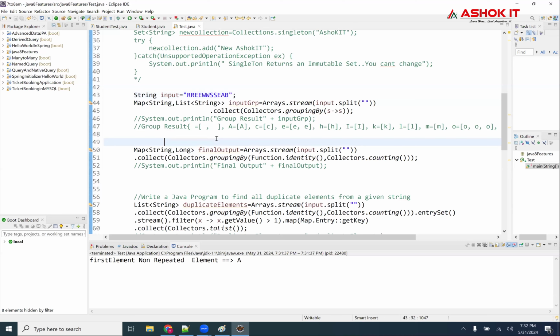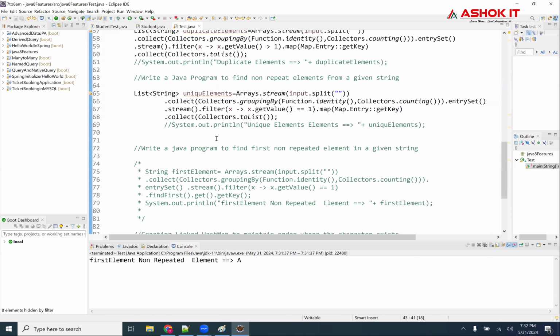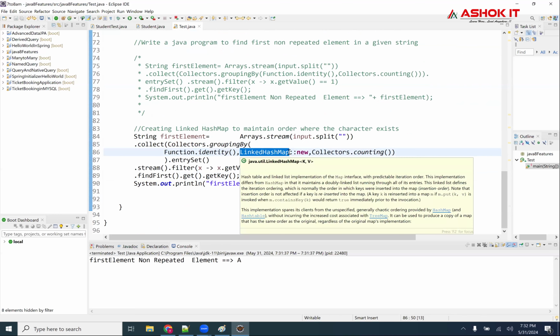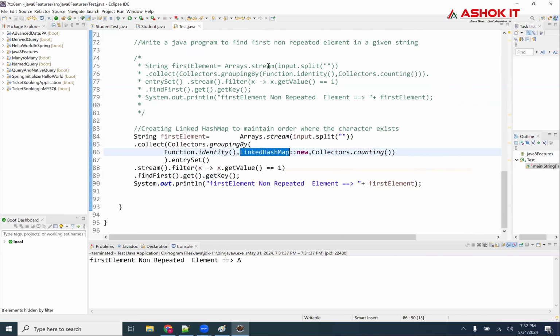So that is what you need to have an idea to find the first non-repeated element. 2 points you need to think here. Find first will give the first element, and we need to maintain the order. This is what the interviewer is looking for. Linked hash map. Guys, clear, right, guys? I hope everyone is following.